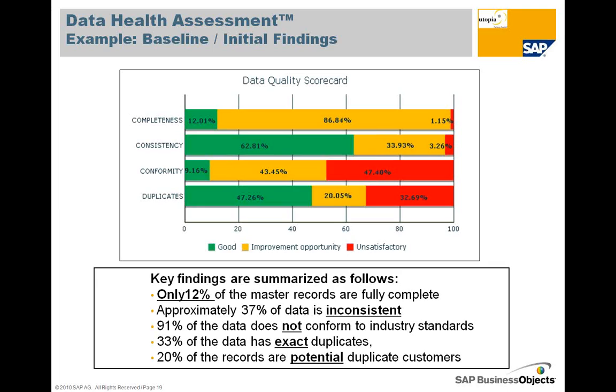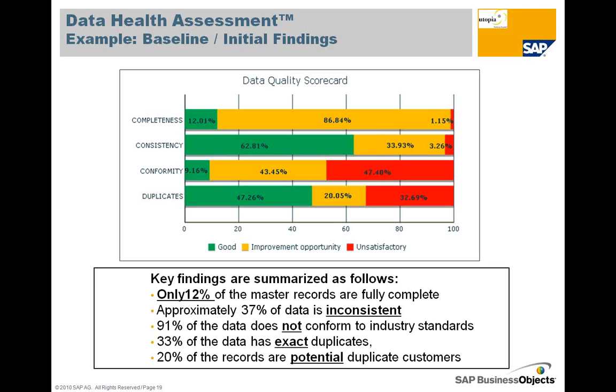So as Martin has pointed out, data is not an event in time, it's a life cycle. And we have that approach here at Utopia, looking at data from its point of creation through its end of life. This is an output from an actual customer file that we did in assessing their data. And this data scorecard is done by the process that Dave Kuket had illuminated to you, taking the data, profiling it, running it through the SAP Business Objects Data Services platform, and looking at a number of dimensions that you see reflected before you. The end state is that we're moving away from the idea of anecdotes about whether or not we think the data is good or bad, but more evidential to say